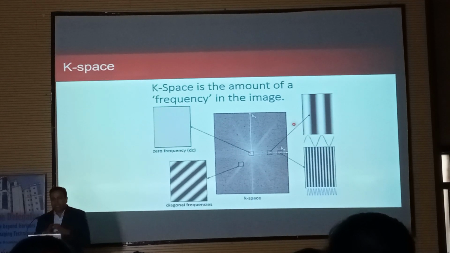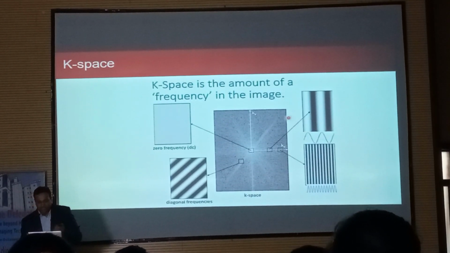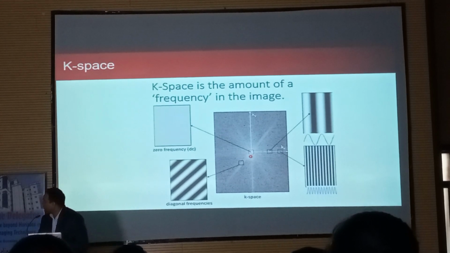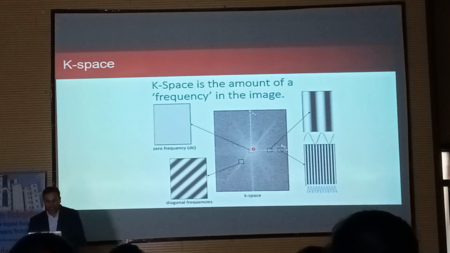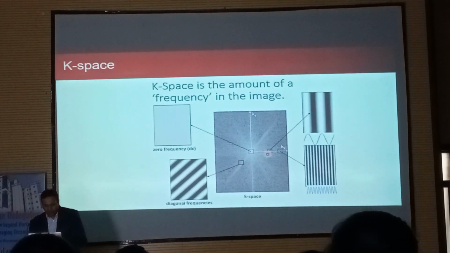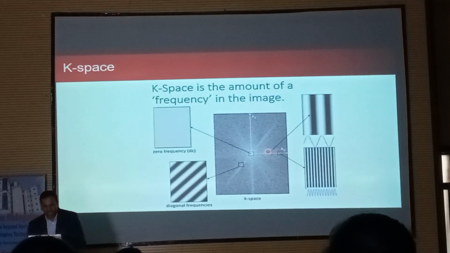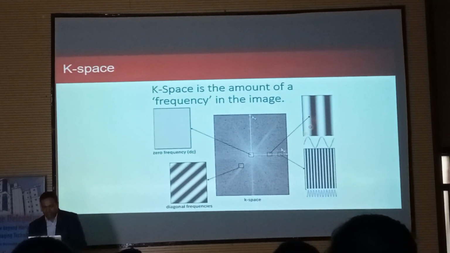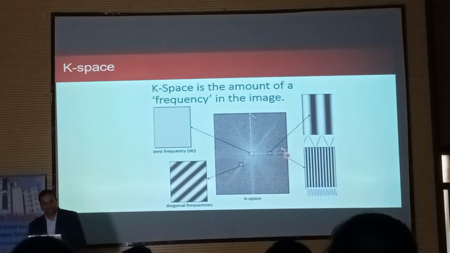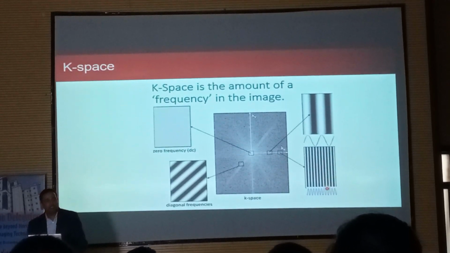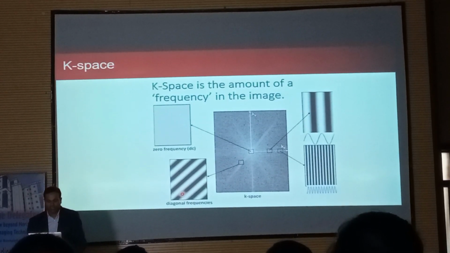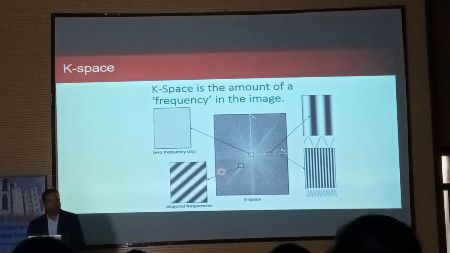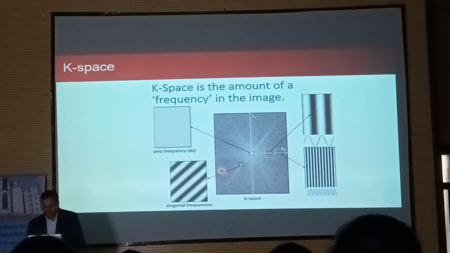So what is K-space? Again, it's raw data, MRI raw data, but what exactly is raw data? Here you can say the center of K-space is the DC component or zero frequency. That is how the information is being stored. As we move along in the X direction, suppose we are halfway on the X axis, we will see the frequency change. If you move further away, then we will have higher frequencies being saved in K-space. And if we are moving towards the southwest direction, then we have diagonal waves. So all of these waves are being stored in terms of frequency and phase in K-space.